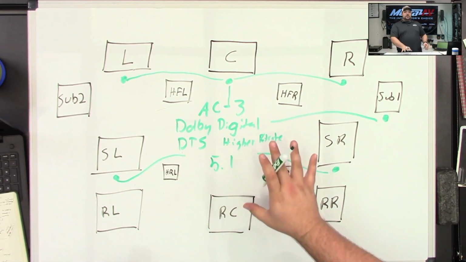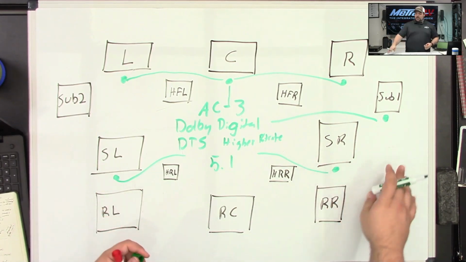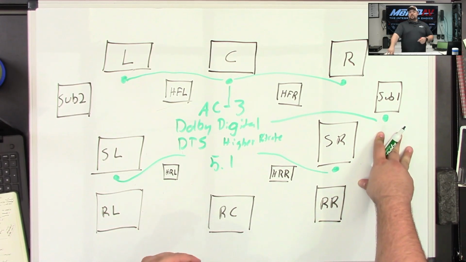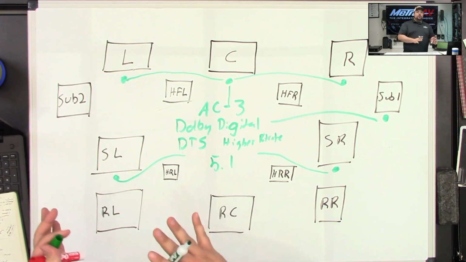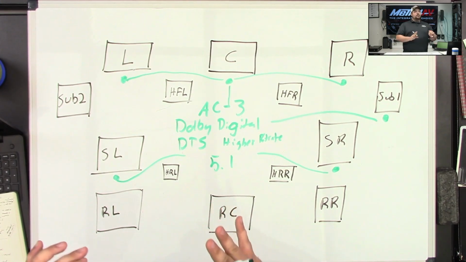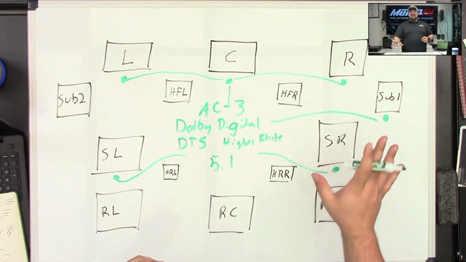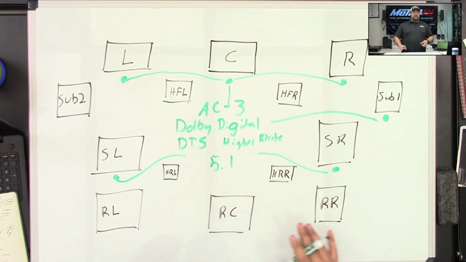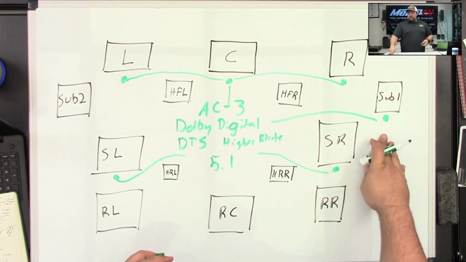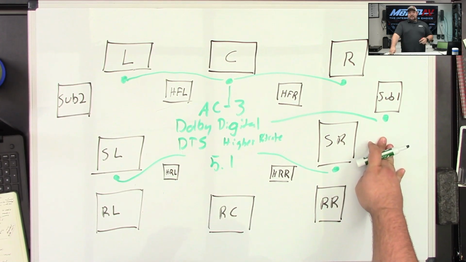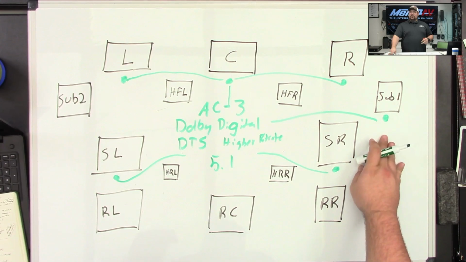So with a 5.1 system, we had true surround sound. We had an LFE output for the subwoofer. And LFE, of course, is low frequency effects, or something like that. But basically it's just dedicated to the subwoofer. I didn't write down what LFE stands for. I should have. However, it's basically just a low pass filter on this to make sure that the subwoofer, or high pass, pardon me, a high pass filter.